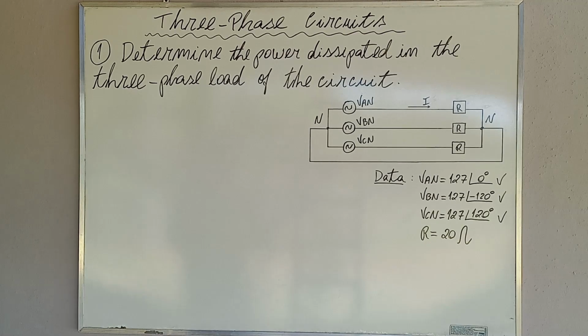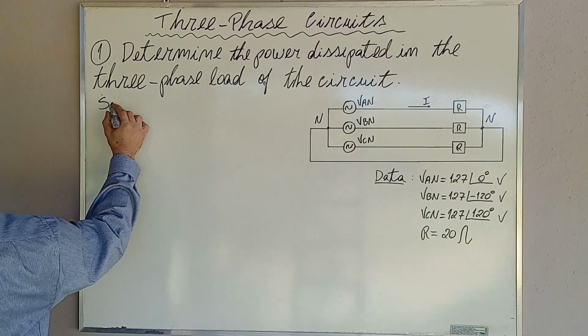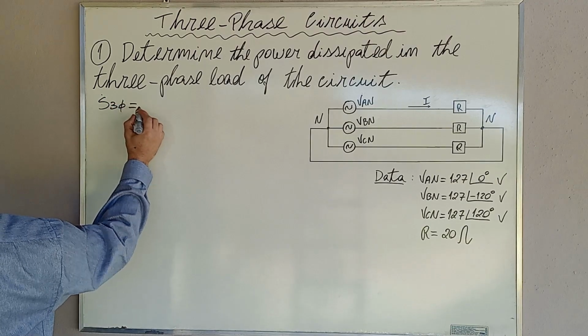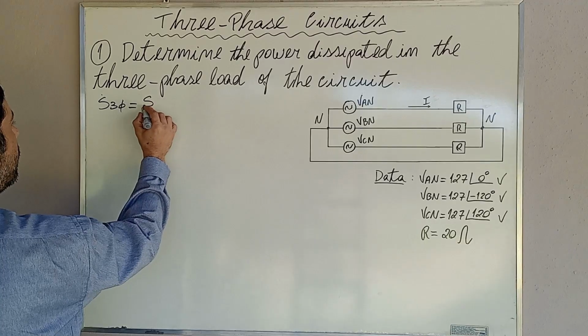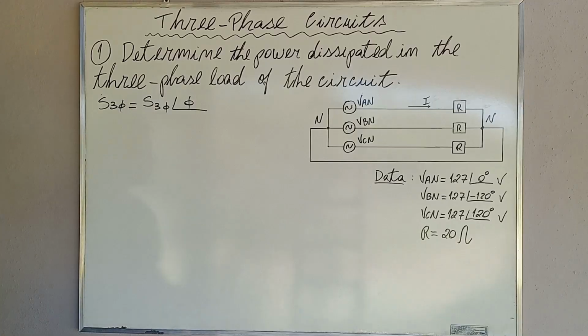To solve this problem, it is necessary to recall that for any three-phase load, the complex power can be expressed as: the complex power three-phase is equal to the apparent power three-phase at an angle. The apparent power is the magnitude of the complex power, and the complex power can be obtained